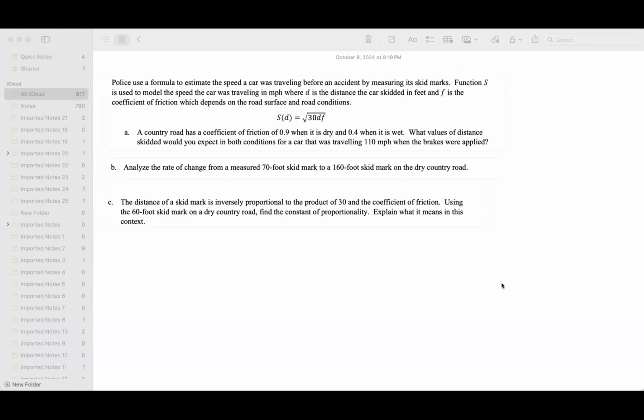70-foot skid mark. So now, 70-foot skid mark. What is that? D is the distance the car skidded in feet, right? So 70, 160. Okay, two different values, right? On a dry country road means you have to take this coefficient of friction equal to square root of 30 times